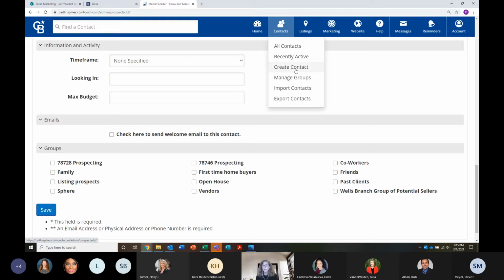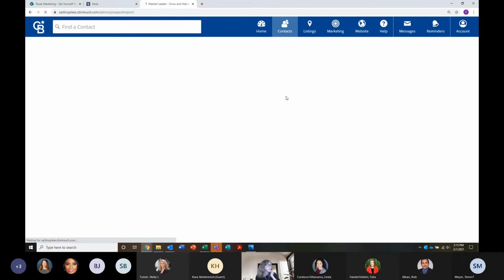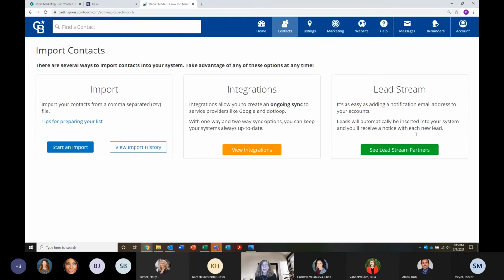Another capability, if you are adding more than one contact, guys, is that you can import contacts all at once. The way you would do that is going up to the import contacts field. You can add through those lead streams down here to the side. You can set up integrations that way, so it feeds over from the 365 account. But over here to the far left is my personal favorite, and this is the import contacts